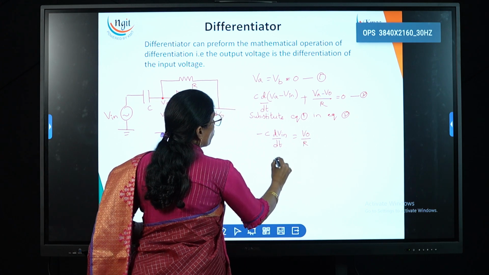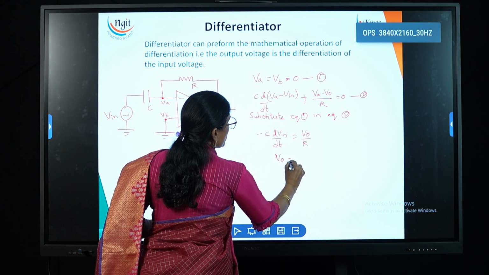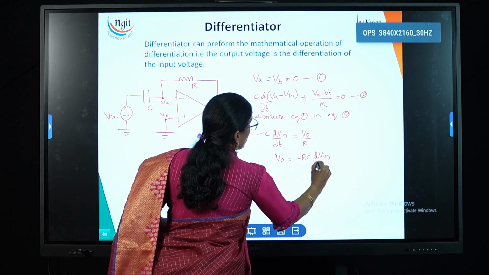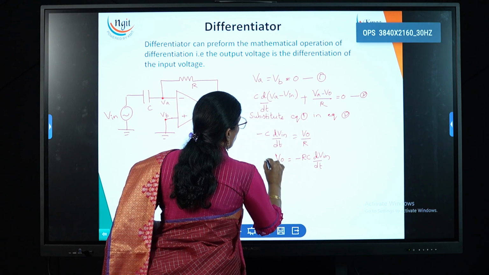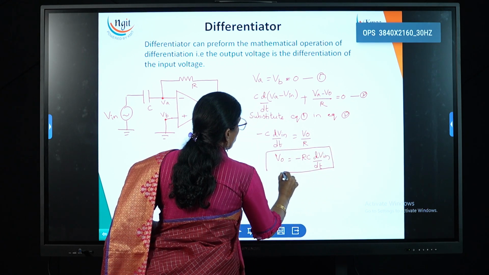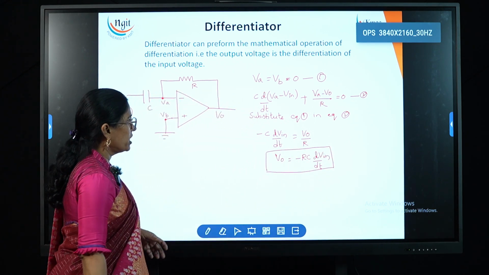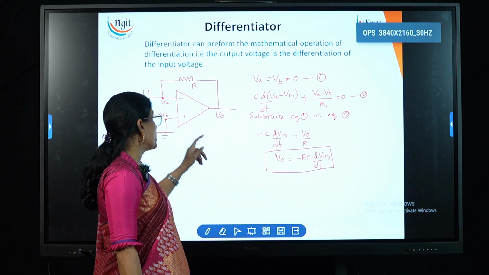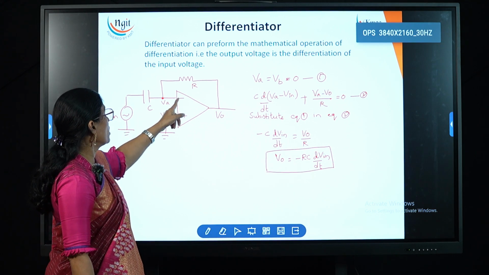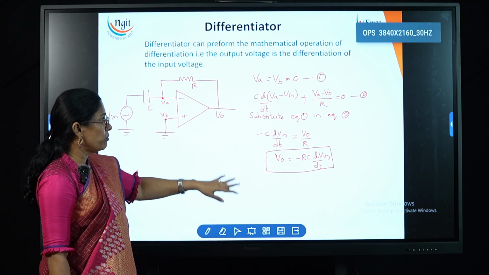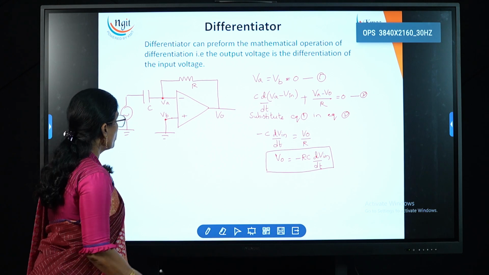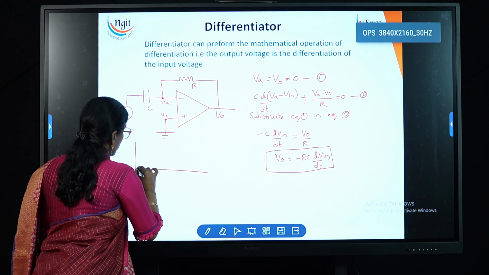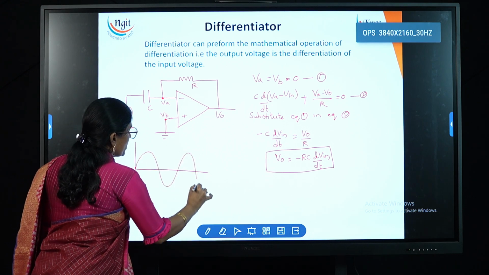Now what we want is V naught. So V naught is equal to minus RC dV in by dt. Now if you see the expression, the output is directly proportional to the differentiation of the input. Hence we derived it, and the proportionality constant is RC. This minus indicates that we apply the signal to the inverting terminal, that's why we get a minus sign at the output. Now if I apply the sine wave to this differentiator circuit, if this is my sine wave,